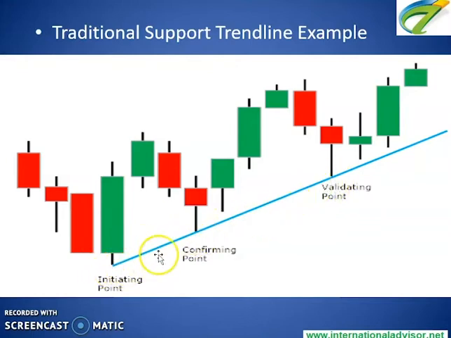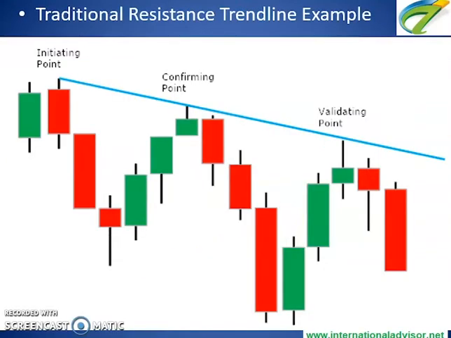Traditionally, we need at least these 2 points to draw the line in such a way that, if it's upward sloping, no price action should be below this line. So this is called a traditional support line or trend line. Likewise, if the market is bearish and this is a downward sloping line drawn in a similar pattern, we need at least 2 touches. This is the initiating point, the confirming point, and the validating point, or if there are even more touches, it makes it more